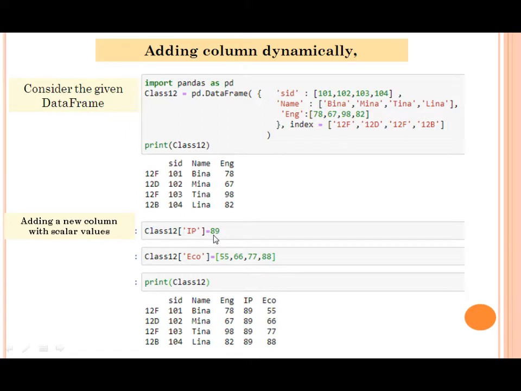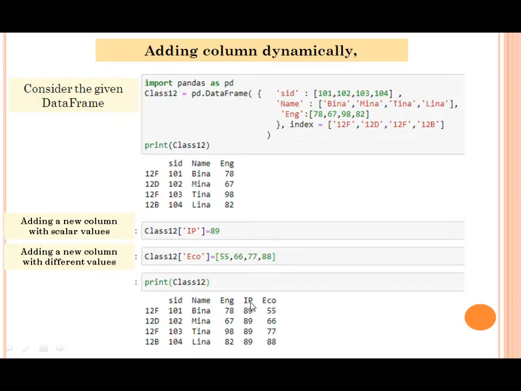Clear? So my next point is, if I want to add a new column but with different values, I have to use a list like this. Class12['eco']. Now all the values are different, but they are enclosed in a list. Clear? So when I print the class12 data frame, it will show me this output.